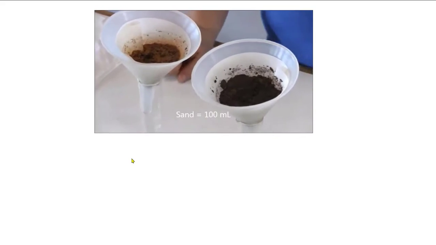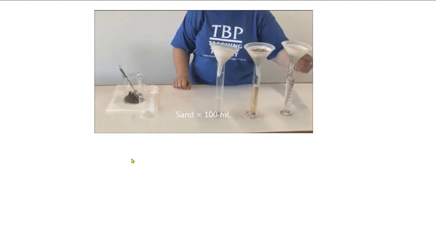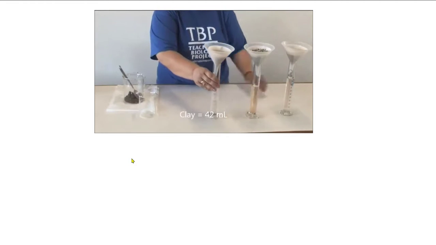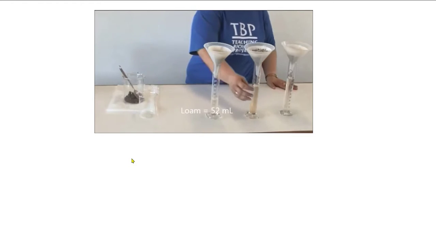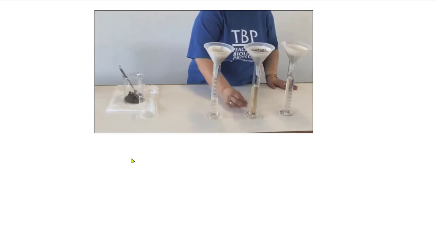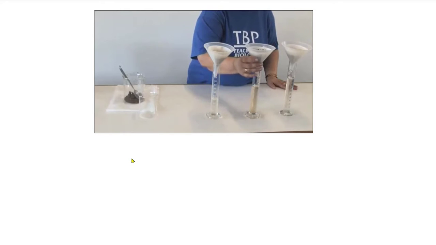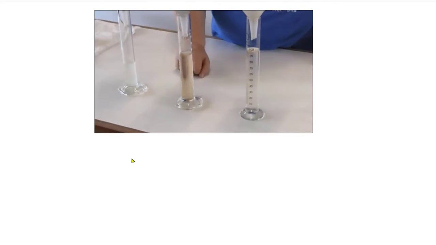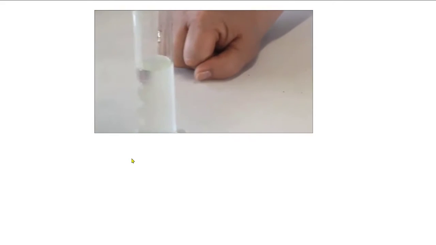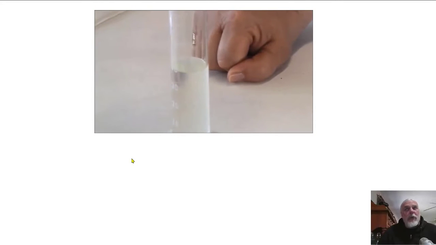Perfect. Can you see that the sand let through most of the water, very low water holding capacity? About 42 of the 100 milliliters, and loam in the middle. And look at the color of the water that ran through the loam, dissolved salt, which also tells you and gives you an idea that this type of soil contains a lot of nutrients. So by comparing the amount of water that ran through, we can determine and compare the water retention capacity of different soil types. That's a pretty good video, and you can see that the clay does not allow water to